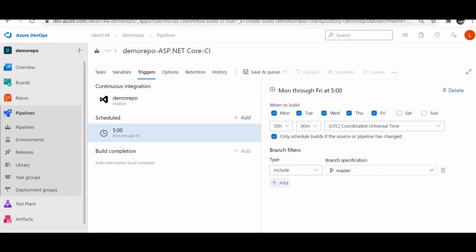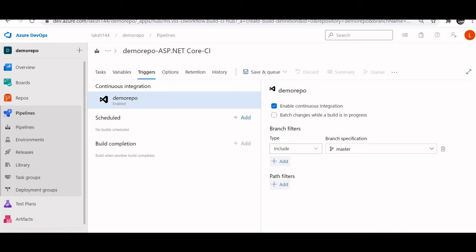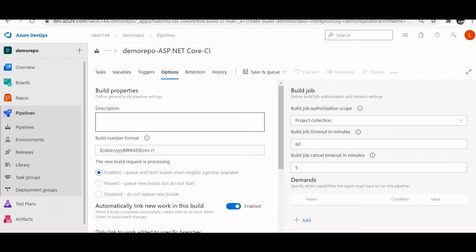Build completion. So as of now I am disabling this continuous trigger. I will be triggering it manually. Now let's come to the options part. Options consist of your build timeout, build job cancel timeout, or build job authorization scope. Mainly this is important, build job timeout, like your job will time out in 60 minutes. In case there is any error, it will be running till 60 minutes. After that it will be timed out, and you might get an error saying the build job got timed out, something